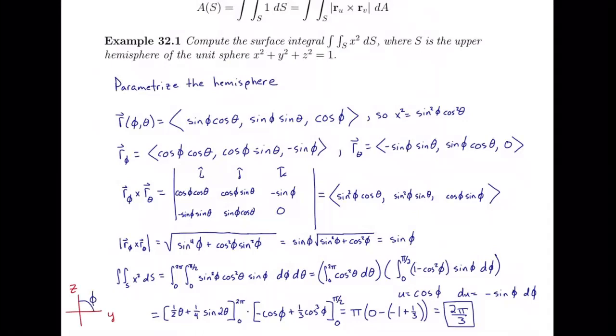And then, of course, all the way around for our angles theta, and that'll give us the hemisphere on top of the xy plane. So anyway, that integral is now set up. We've got sine squared phi cosine squared theta times sine phi. So this was our f of r of u v, and this is our r phi cross r theta magnitude,